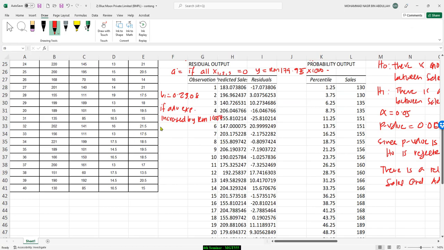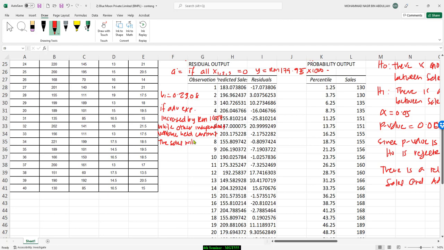So while other independent variables are held constant, right, the sales